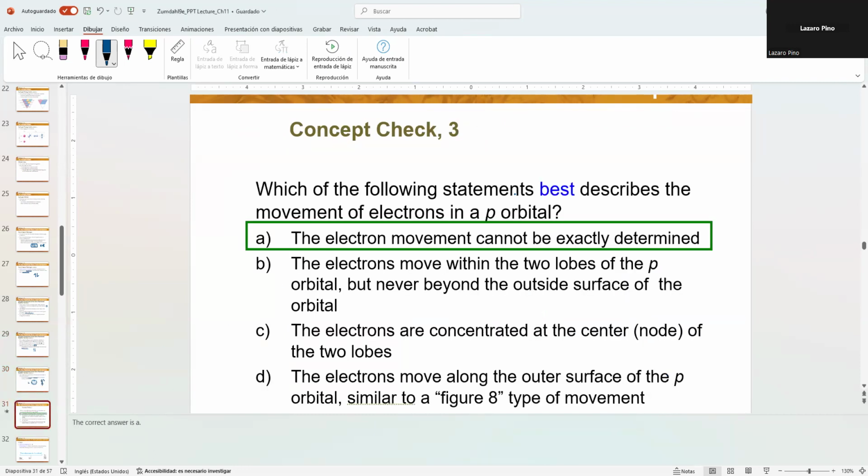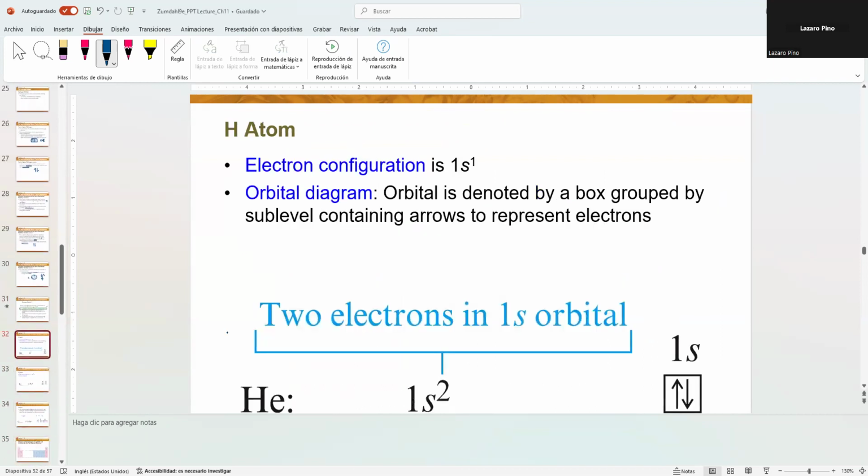Here you have a concept check. Stop the video and you have already the answer. Let's go to the following